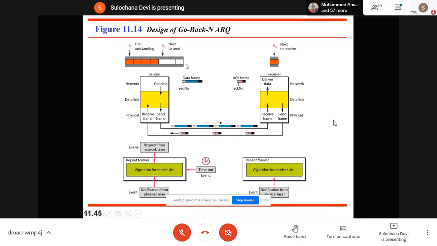If all these frames are inside the window, can you tell me how many bits we are using for sequence number and what is the window size here? By looking at this diagram, can you tell me how many bits we are using for sequence number and what is the window size?